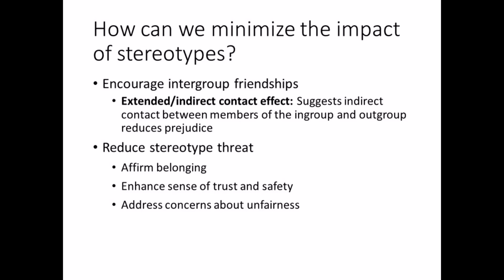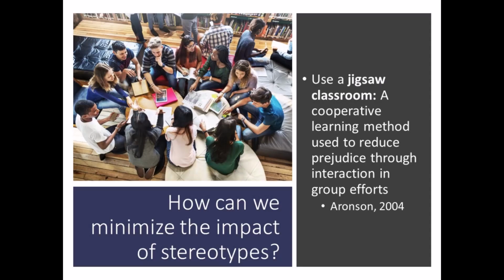about unfairness. One way your instructors might do this is to grade with students' names hidden. In this way, a submission is not tied to an individual, so the instructors can focus on grading the work, not the person. Another option is to use Jigsaw classrooms, which are essentially structured group activities that require cooperation between